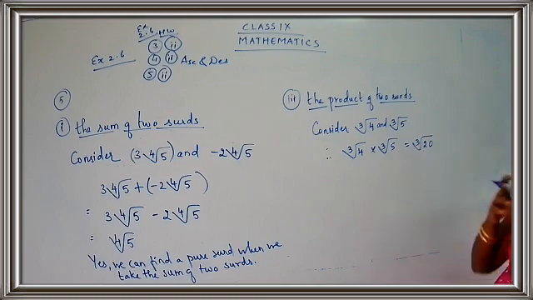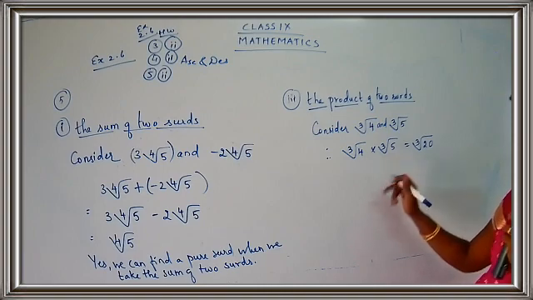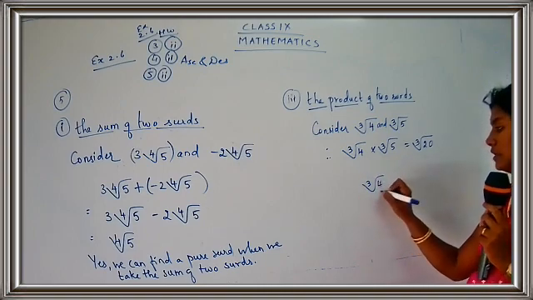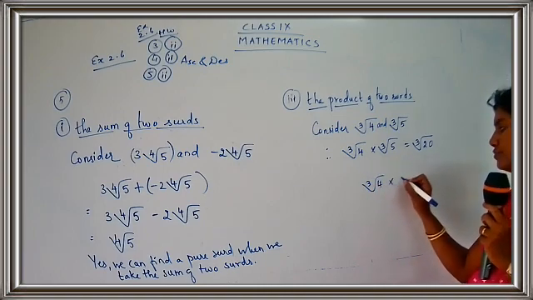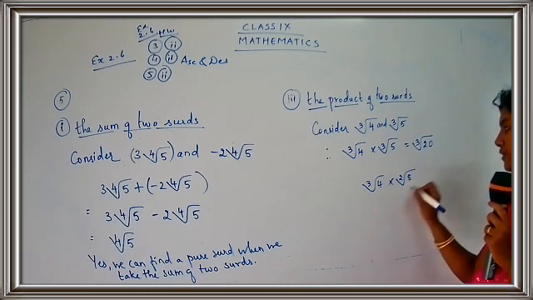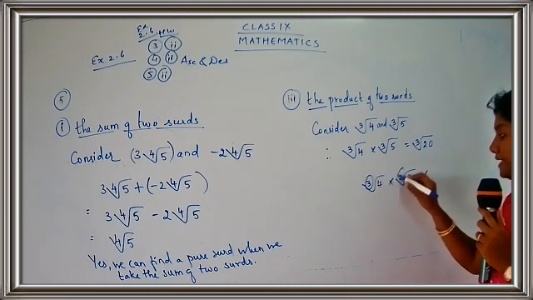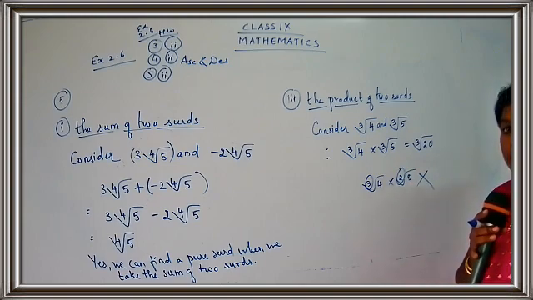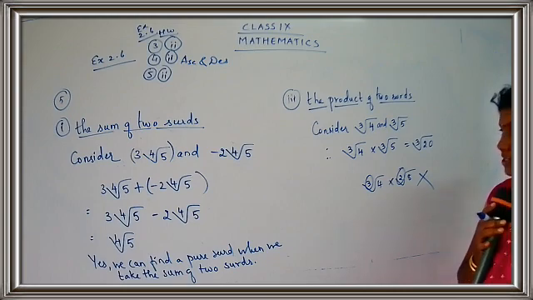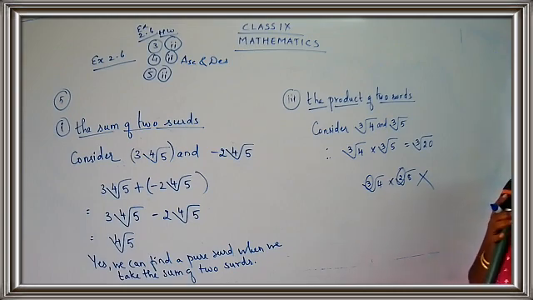What is the root index? It will be 3. And I have told you that you can multiply the surds when you have the same index. If you have cube root of 4 into square root of 8, you cannot go for the multiplication. I cannot multiply because here the number is 3 and here the number is 2. The root indices are different. If you have the same root index, then only you can go for the multiplication. These are the rules that we have already studied.